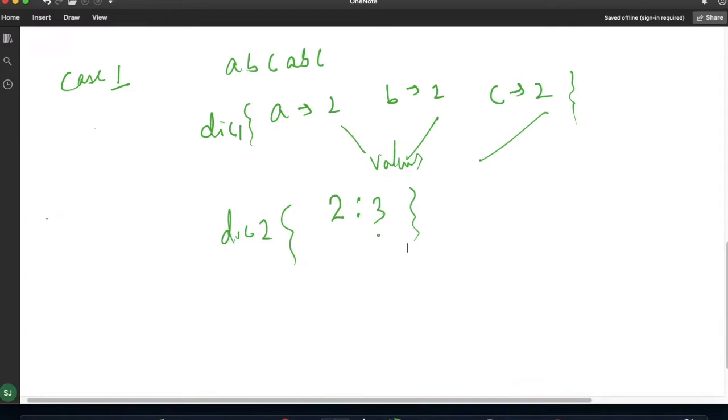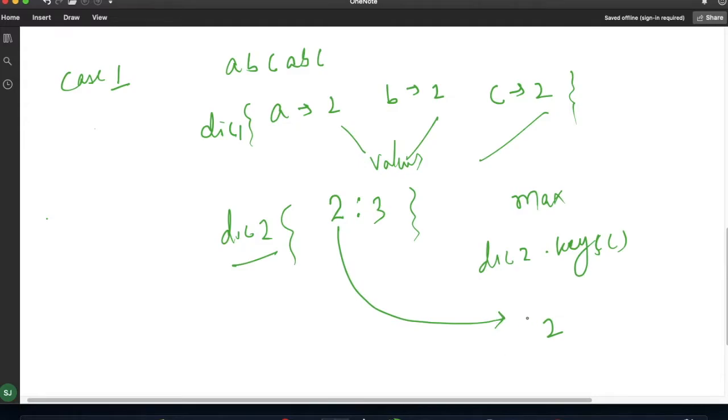If I check the maximum from the keys, if I take the keys part from dictionary 2 dot keys, then I will be getting 2. The key is only one value, which is 2.